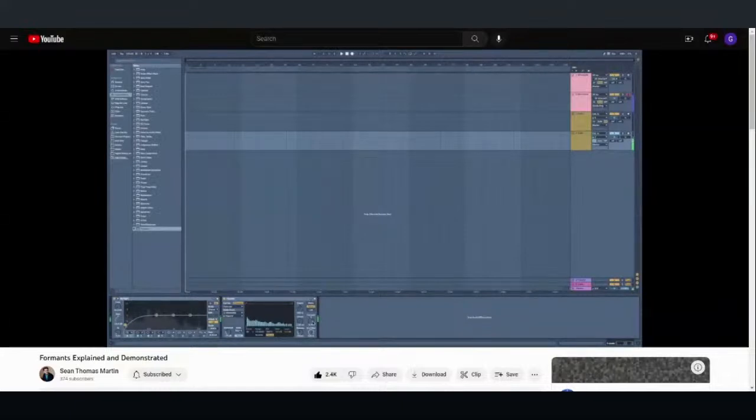Even if you're playing some low notes, if you play high notes, it's especially notable. And you can play high notes and lower the formants, and it sounds like you're talking like this, because that's what you're actually doing when you change your mouth so that you talk like this. You're lowering the formants in your voice.